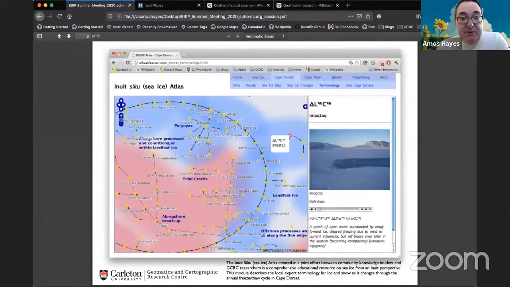It might be something like this, a process, and I'll be curious to hear what Pierre thinks about this one. This is sea ice terminology in the community of Cape Dorset for the annual freeze-thaw cycle, and this is being mapped out in terms of the relationships between these terms and what's causing the divergence in terms and that sort of thing. And there's tons of knowledge buried in those terms. Many of these terms do not have equivalencies in, say, WMO terminology. And they may vary from community to community in some cases because of different phenomena at different places.